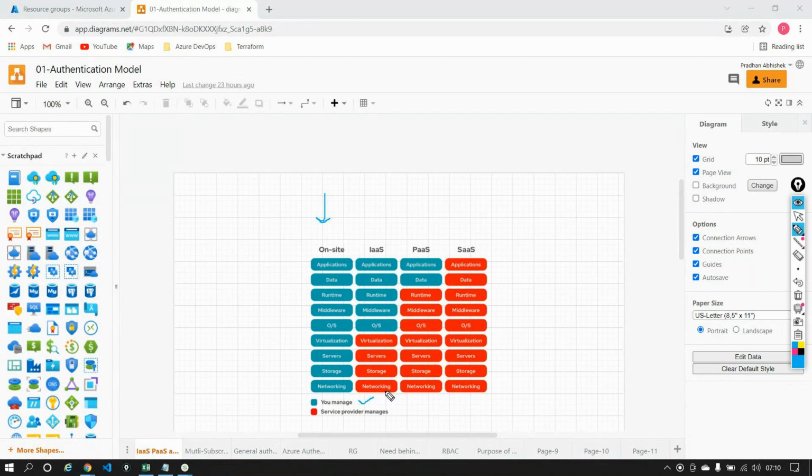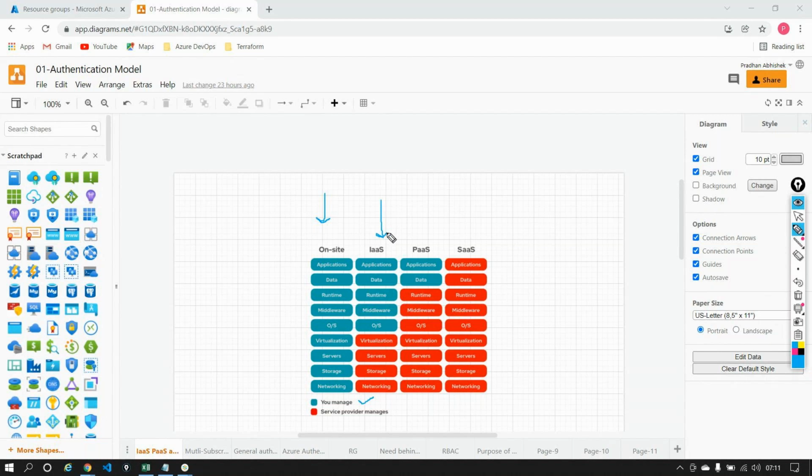But on top of the server, meaning you have a physical server right now, whatever you want to install, like let's say you may want to install an operating system on the server that is provided to you. Who is responsible for installing the operating system? It's you. In this model, known as infrastructure as a service, all the operating systems, the runtime, the middleware, everything you see out here is something that you manage.